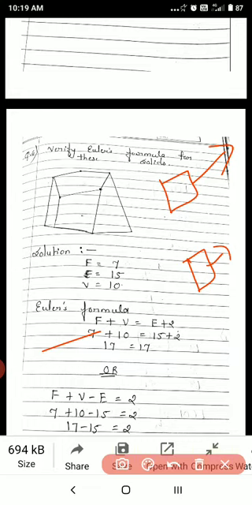Now question number 5, is a square prism the same as a cube? Explain. It is not necessary that a square prism always looks like a cube. It can also be formed by a cuboid. Then question number 6, I have solved here.